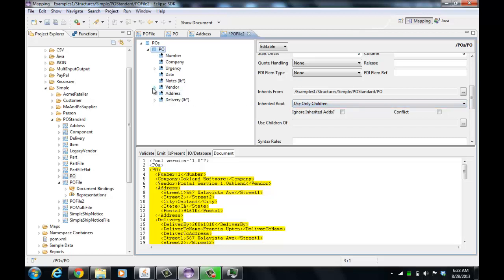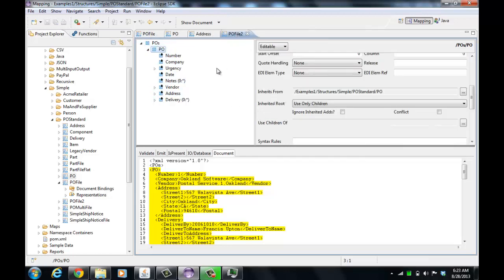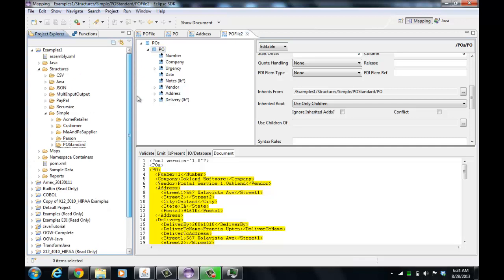So we've now just created the same structure as the PO file that comes with the samples that uses inheritance. So now let's look at customization a little bit and see how that works. So the first thing to show this will be to create a map. So let's create a new map,